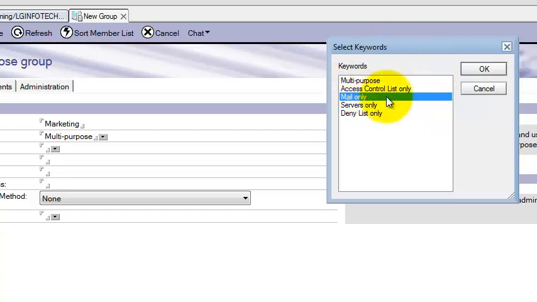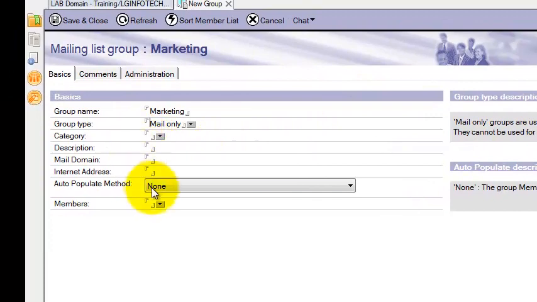So I am selecting, for example, mail only, and this is your members field. We talked about nesting groups. If we have too many members, the member field size is only 15K. If it crosses 15K, you cannot create the group. In that kind of situation we create nested groups.